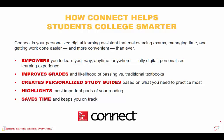I wanted to take just a few minutes to talk about the required course materials that we'll be using in this class. For this course, I've adopted an online personalized learning tool called Connect, and it's from McGraw-Hill Publishing. Connect is like having your own digital tutor and personal planner at your fingertips 24/7. Connect contains everything you need to pass this class: an ebook and other learning tools, your assignments, quizzes, and even